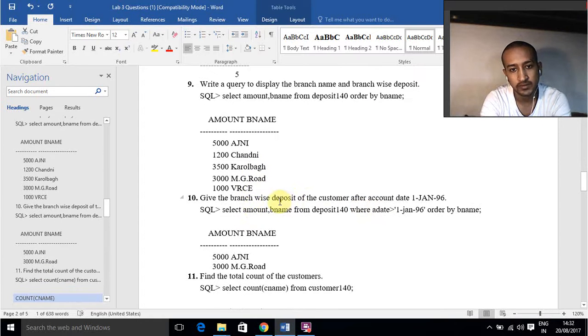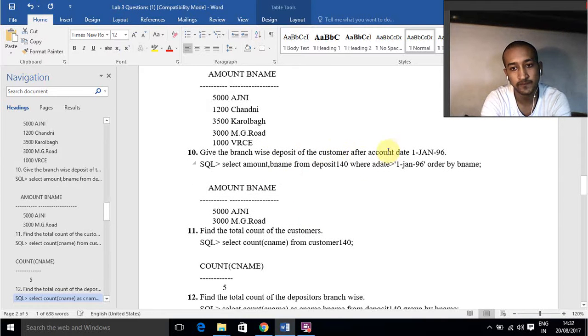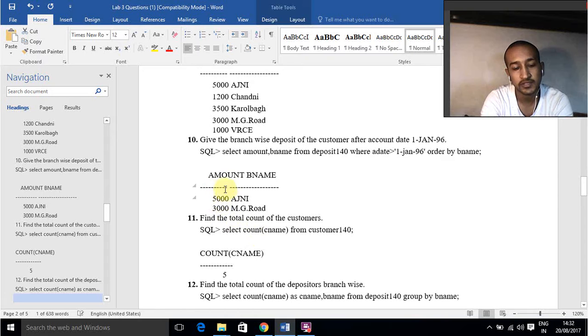And here also, deposit, we have to say after, give the branch wise. Here also the question is asking branch wise displaying the customer name and the amount after this date. So we are giving this condition, that should be our last condition, that order by this thing. And so we are getting it as ordered, and we are getting the amount and bname after the date